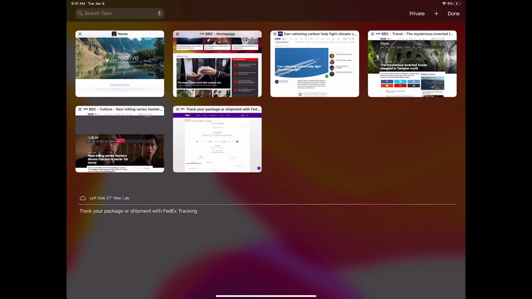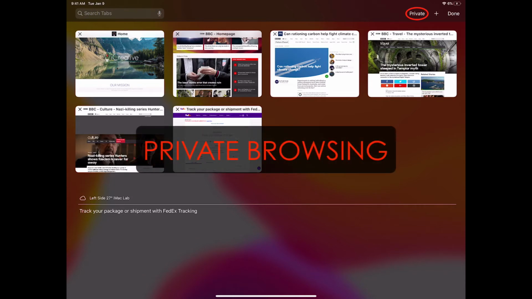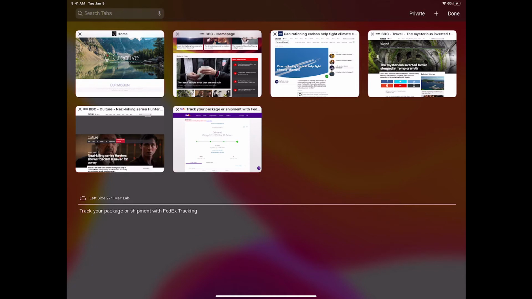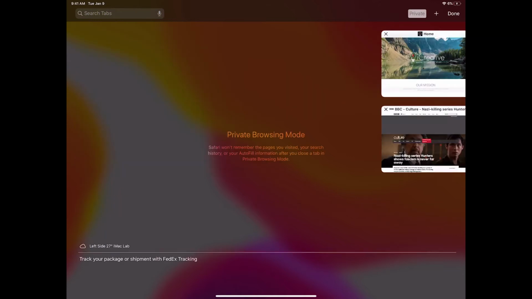The last thing I wanted to show you on this screen is private browsing. Private browsing, of course, is made for if you want to look at adult content or if you don't want your loved ones to know that you're shopping for them during the holiday season, or you just want to keep your browsing history, searches, and that sort of thing private. You can just simply tap on the word private. When I do that,